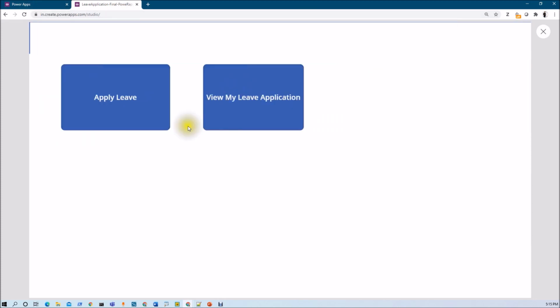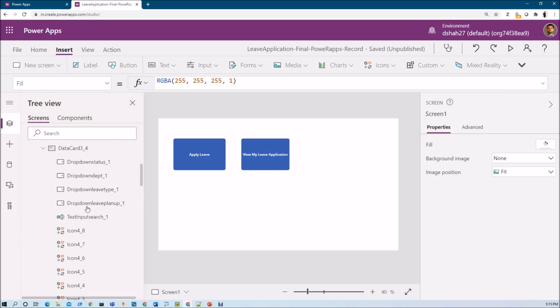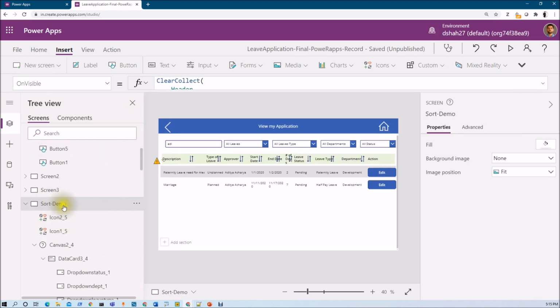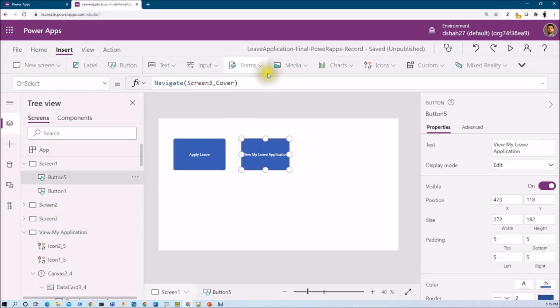The homework is, let's say in view my applications, we have created this grid page. Let me show you what page we have created. This is my final grid with sort and search, right? So let me just rename that screen as view my application, right? Now what I'm going to do here is, I am navigating from my home screen to this particular page.